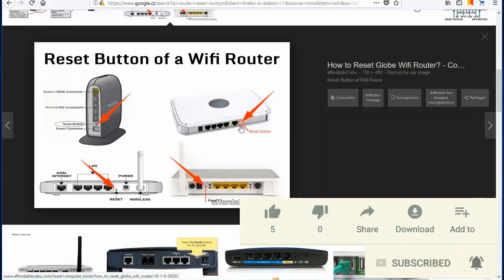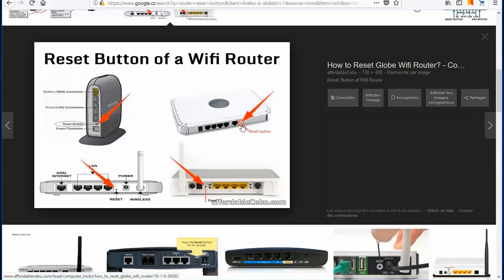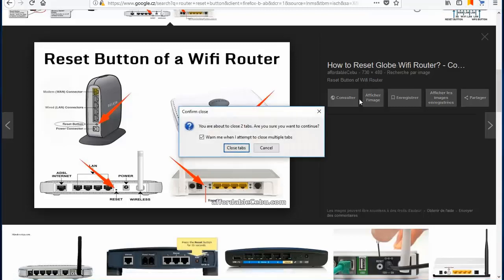So you will have to press the button by introducing something very thin inside of it, and make sure that the router restarts when you are pressing the button. So you will just have to press the button for a few seconds until your router resets, and that's it. This factory reset